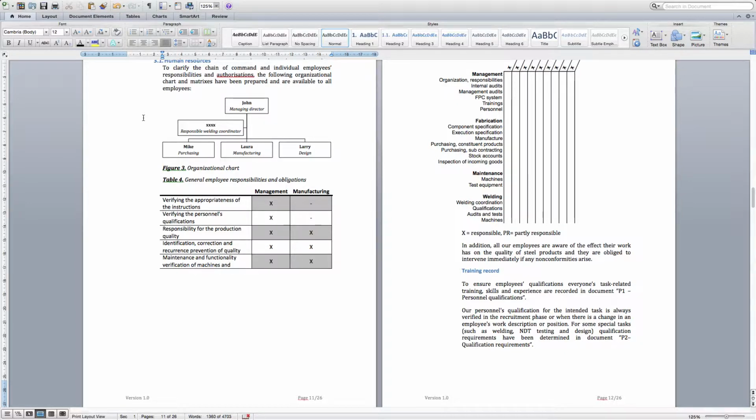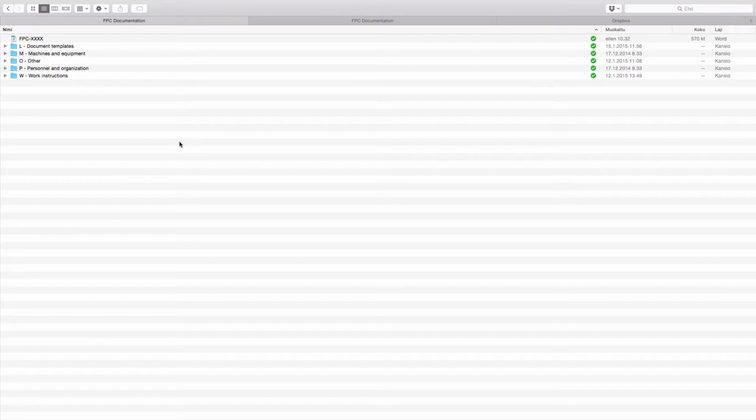They are here in a way to remind you that you must teach new employees how the FPC system works and what is required of them, and also make sure that your new employees are qualified to perform the work they are assigned to. Now you can close the FPC manual as we are finished with it. Next, navigate to the file that we downloaded previously called P